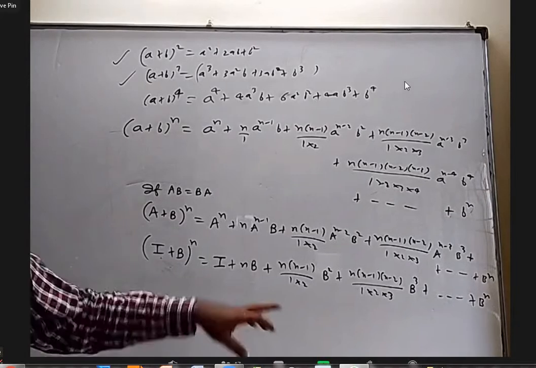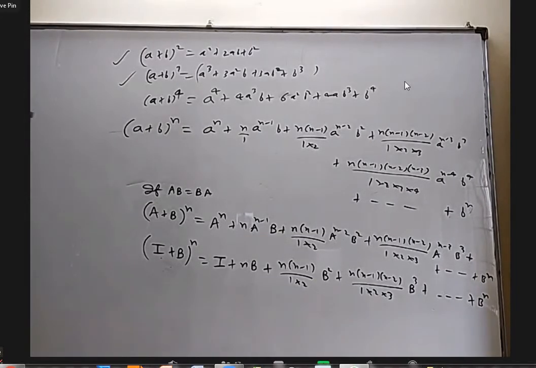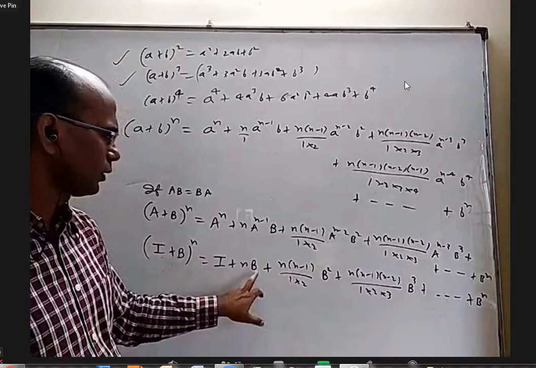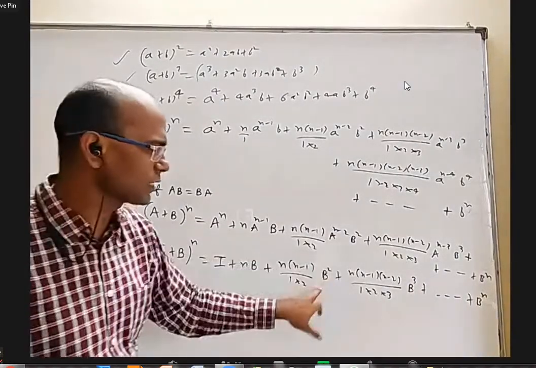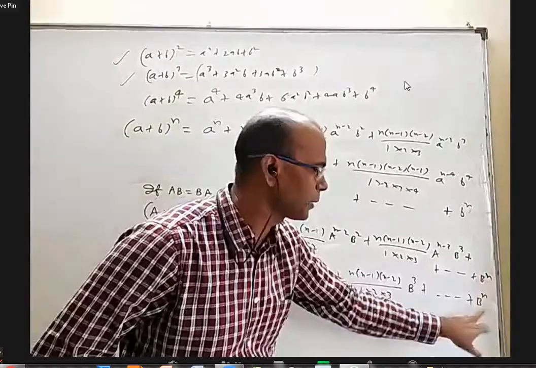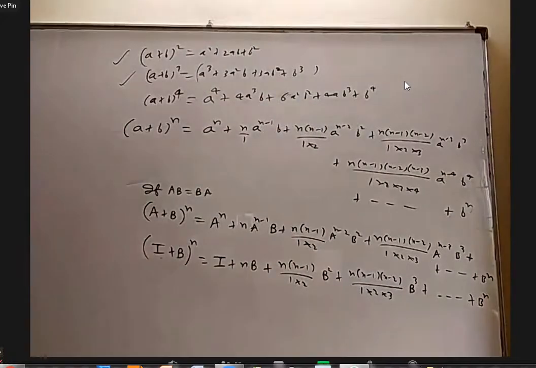Okay. Anything else you want me to? Yes, Ganesh. So that formula you told us now, the last B, this square is B. This is B square. This is B cube. Finally, B power n. Yes, sir.